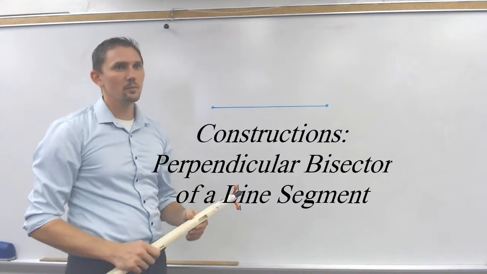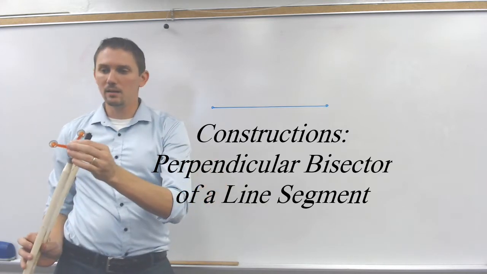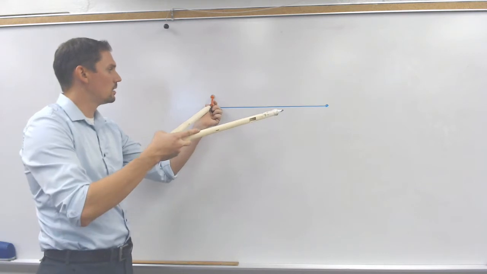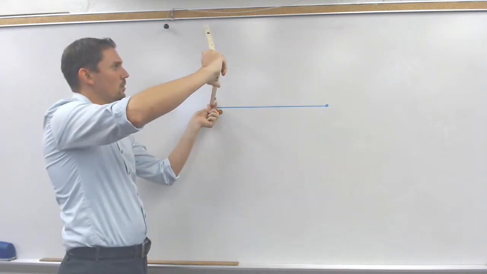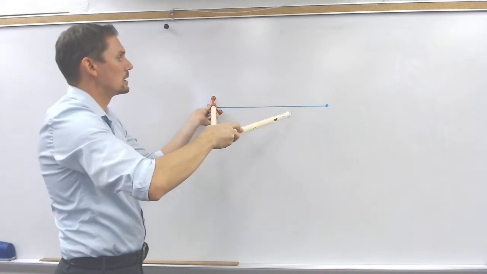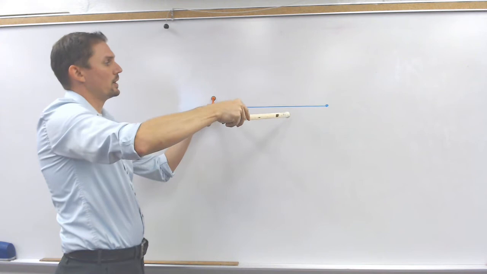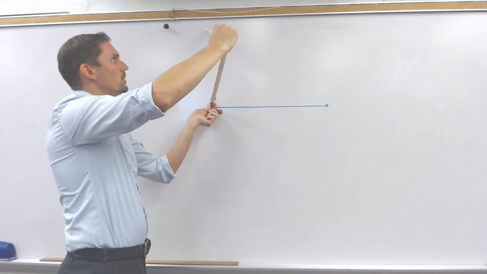Let's do a perpendicular bisector of a line segment. In order to do this, you want to put the pointy end of your compass on one of the endpoints of the line segment, and then you take your pencil or the drawing end and you want to go a little more than halfway, somewhere in between halfway and all the way across, so a little more than halfway, and you are going to make an arc